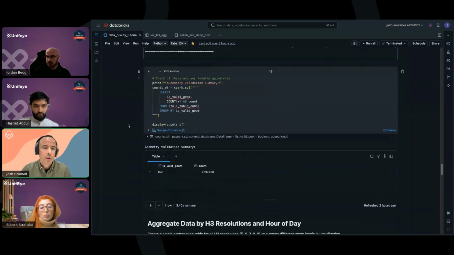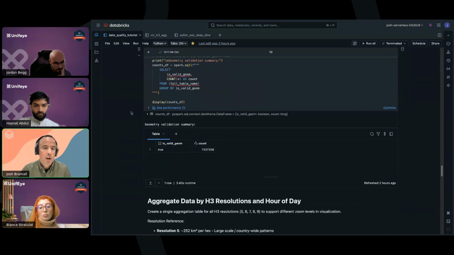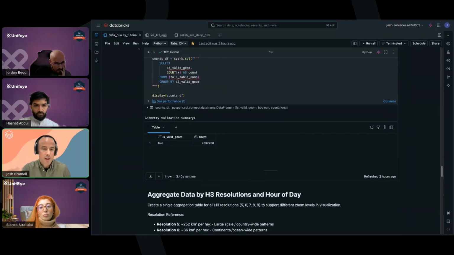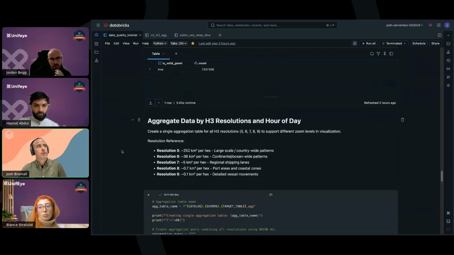And finally, I'll do a type check. I'll check that my geometries are all valid, which is one of the functions that's available in Databricks Spatial SQL. And I'll just group by, so I created a Boolean column on my table, and we can see that if we do a group by, all of the records, which is 7.3 million in my current data set, are valid geometry points. So you can see how these functions are actually really useful for data engineering, right? And kind of shifting left on